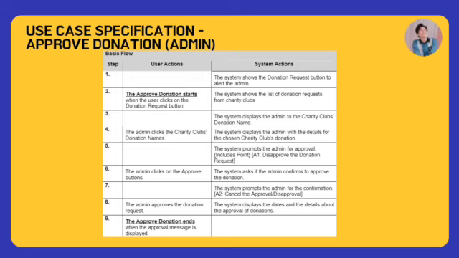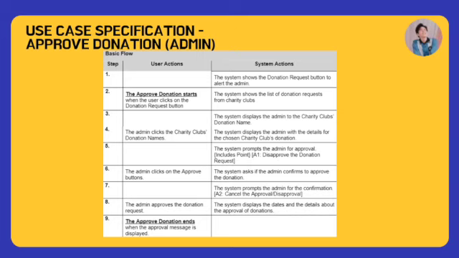Then the system will display to the admin the details for the chosen charity club donation, and the system will prompt the admin for approval. So at this point, there is some includes which is disapprove donation request, because the admin also can disapprove the donation after they read all the details. So when the admin clicks on the approve button, the system asks the admin if they really want to approve that